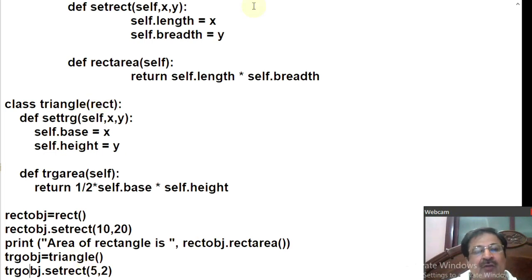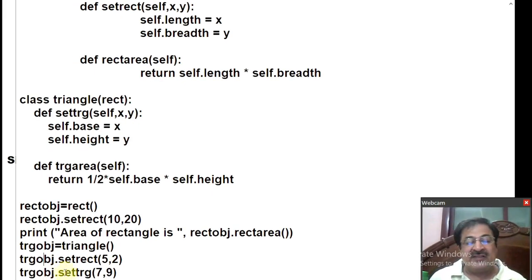So this 5, 2 will be assigned to these x and y parameters. 5 and 2 will be assigned to the length and breadth attributes of trg obj. These length and breadth attributes are assigned to this trg obj also. Next you are invoking the setTrg function using the trg obj. Cursor will come over here. This 7 and 9 will be assigned to these x and y parameters, and from these x and y parameters, the 7 and 9 will be assigned to base and height attributes of